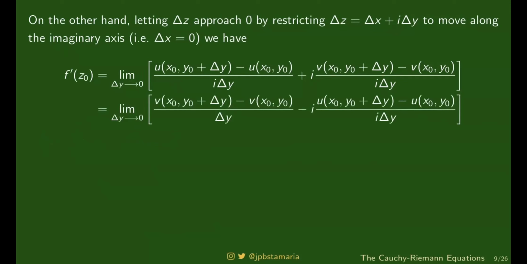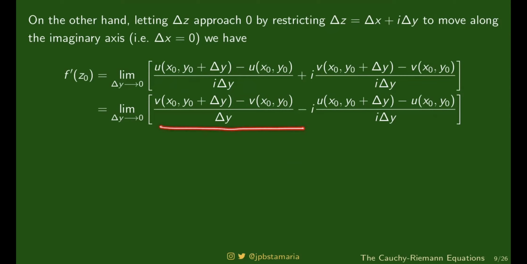Ganito siya. Tingnan nyo. Ano yung pinagkaiba ngayon? This time, itong V na part ang nauna kasi naging real na siya. Itong part na ito, napunta dito sa kanan, tapos nagkaroon ng negative sign kasi nga yung I na nasa ilalim, inakyat mo. Yun nga lang, lalagyan mo ng minus sign kasi ang reciprocal ng I ay minus I. Did you understand? Nasundan niyo yung computation. Sige. Now, to what is this limit equal to?